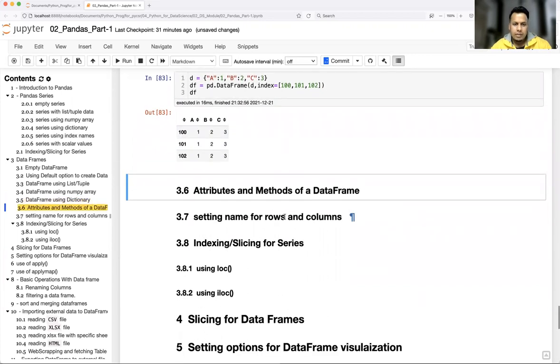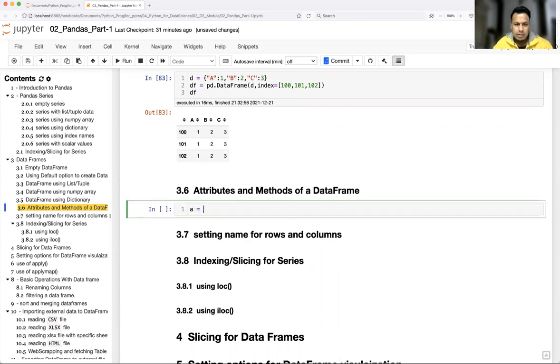Now let's see the next one, attributes and methods of data frame. This is also very important. A lot of functionalities, methods and attributes are added for data frame to get a lot of internal details about the data which the user is using. So I'm going to create a equal to np dot arange, one to, let's say 50 or maybe 20.